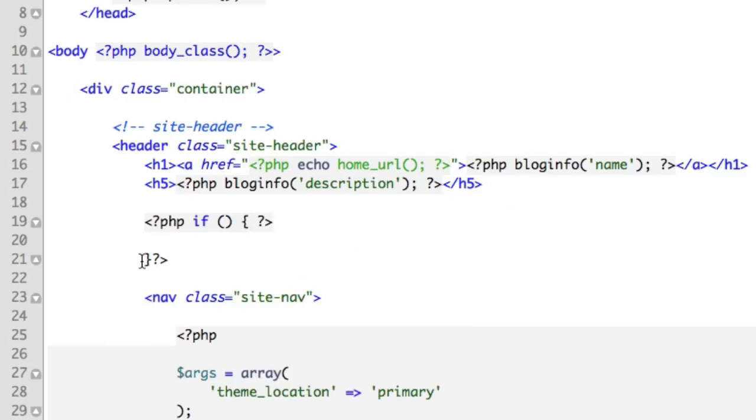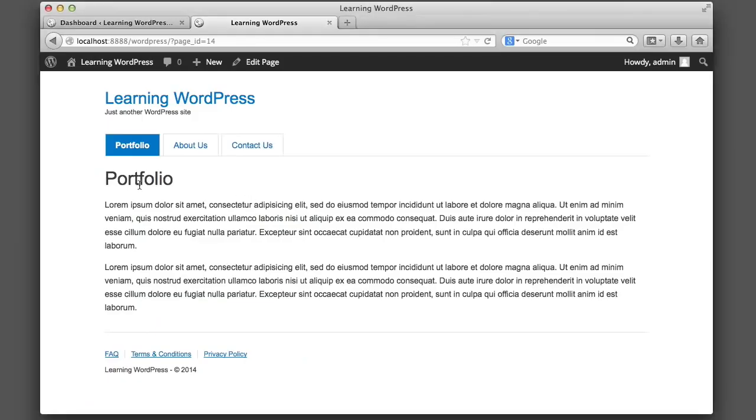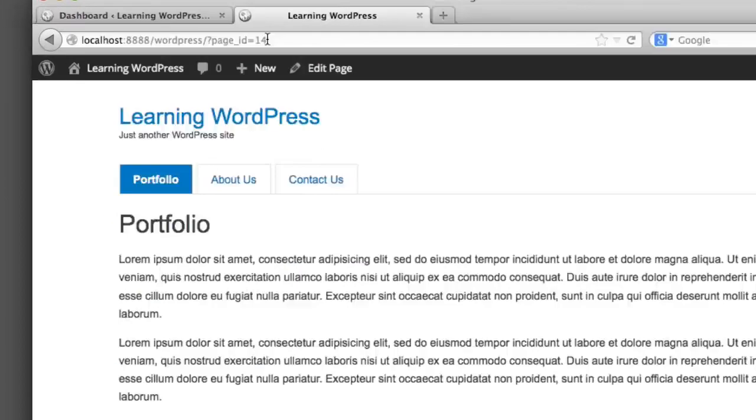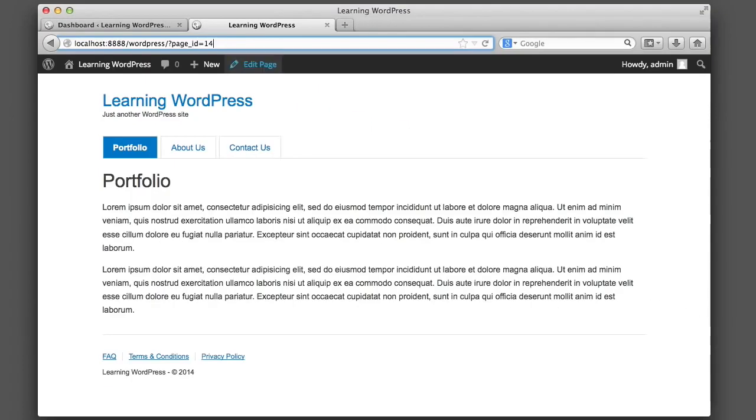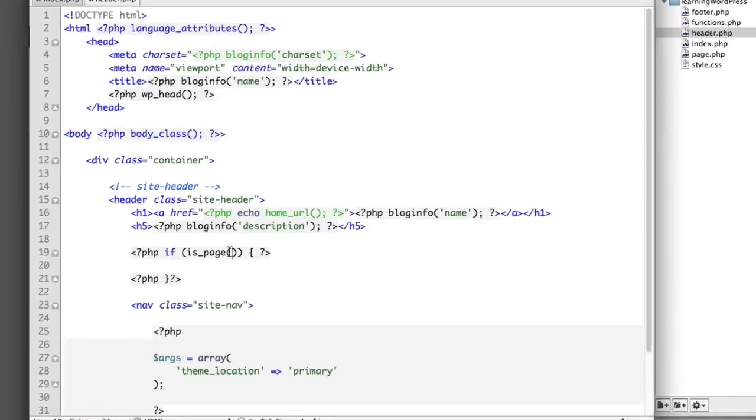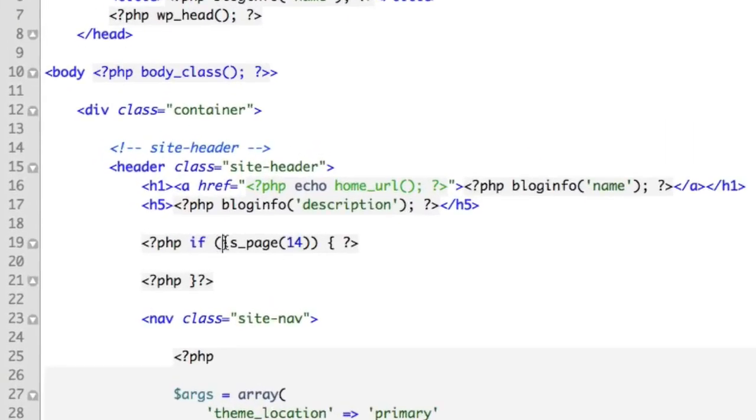So now, anything we place between this line and this line will run only if a condition is met. So here, in between these brackets, is where we define what condition we're checking for. So we'll say if we're currently on a certain page. Now, how can we signify the portfolio page with code? It's quite simple. If we're viewing the portfolio page, we can see that in the URL bar, it ends with ID equals 14. So it's really as simple as adding a 14, and then this isPage function will take care